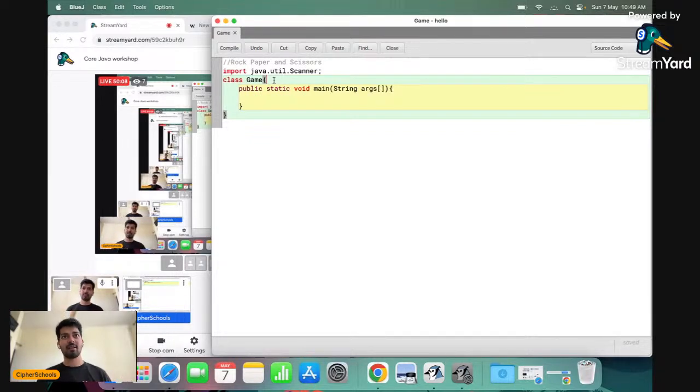A library has so many books, so many pieces of information. A compiler will always go and check out the definition of what exactly each of these keywords is all about, and will try to educate itself. So import java.util.Scanner's work is basically to import a utility package from the library. It is like giving an instruction: hey, go to the library and import something called java.util.Scanner. I want to use java.util.Scanner.